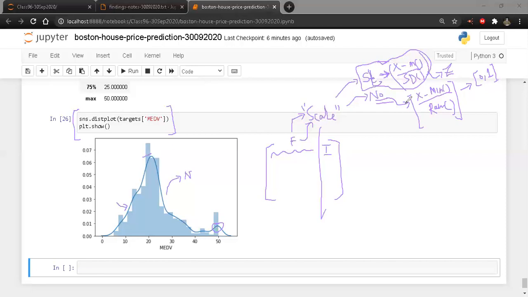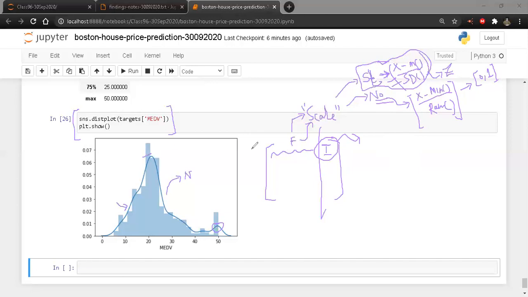The convergence is going to be quite good, right? But can we do the same thing with my target variable? The answer is yes. Computationally, we can do it. It is just a matter of writing 2 lines of code, right? Within 2 lines of Python code, I should be able to do that. But what if I do it and then I try to predict something? I have to denormalize it again, right?